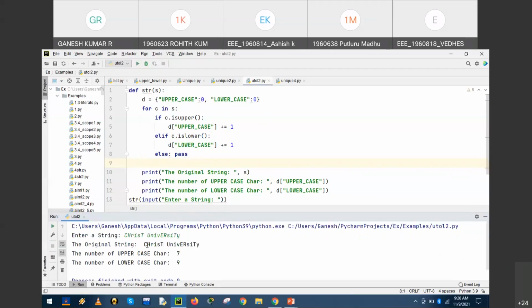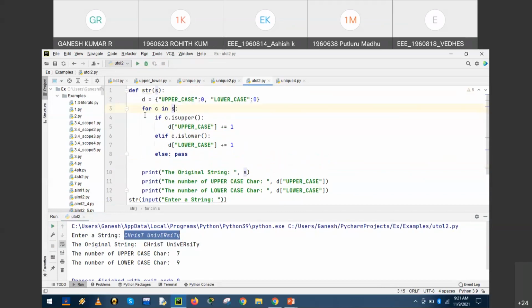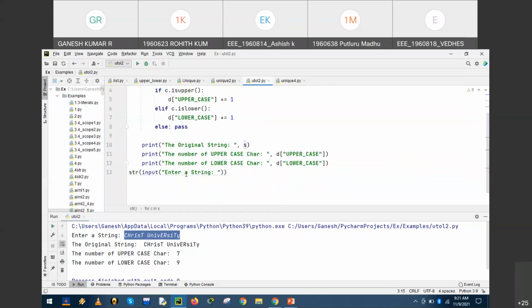So the original string has been displayed again. This statement ensures all the characters are scanned and read properly, because we are using the for loop for each character in the string. S is a parameter which collects input from the called function str. Kindly note, when we define a function with a parameter, it must be supplied input through the called function.